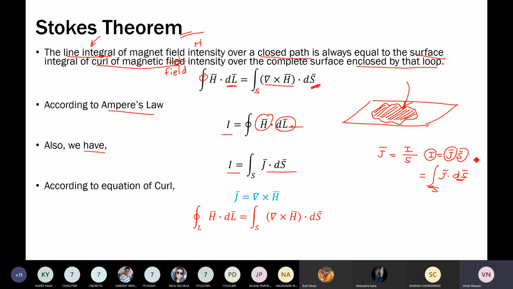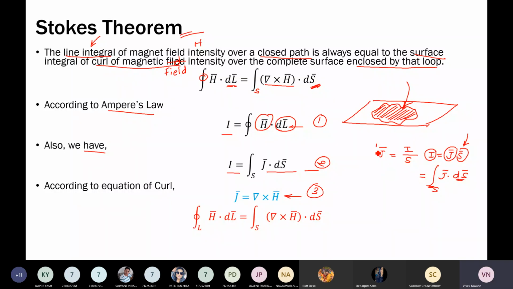So integration ds bar is actually giving us the complete quantity. Then we have, according to equation of curl, j bar is equal to del cross h bar. This is also a new equation. So you are observing equation number 1, equation number 2 and equation number 3. Equation number 1, Ampere's law. Equation number 2,